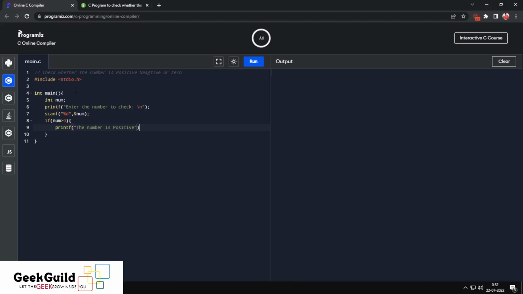right? Now if we go to the else part, what else can happen? The number can be negative, right? If the number is less than 0, what will happen? For sure it will be a negative number, right? The number is negative,